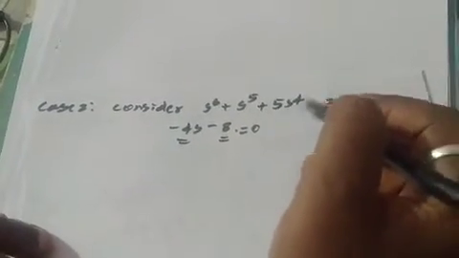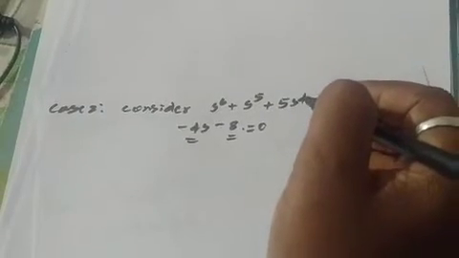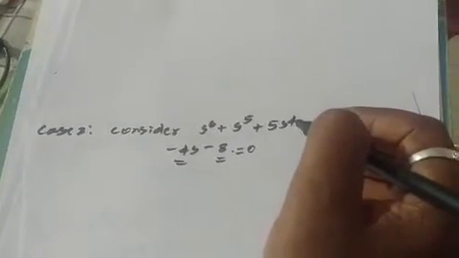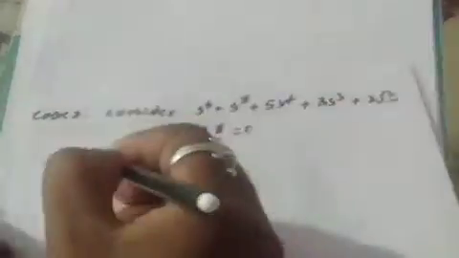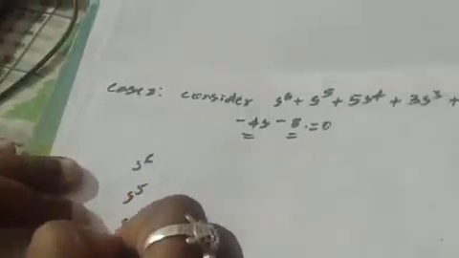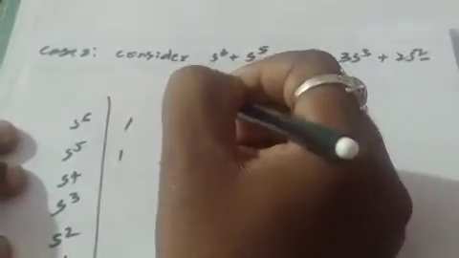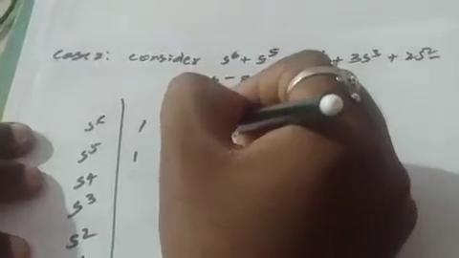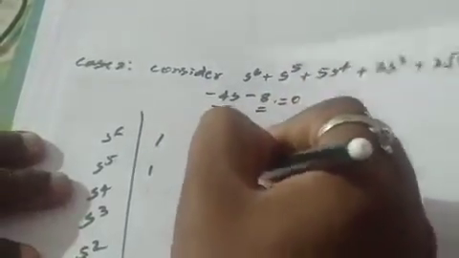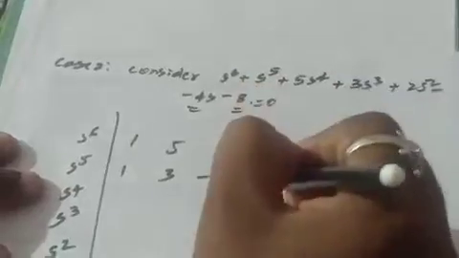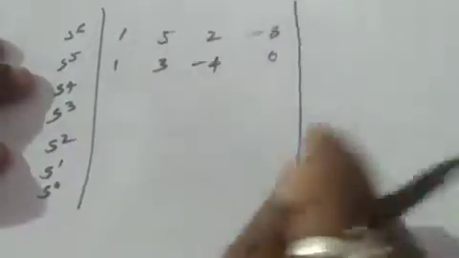That you have to calculate using the Routh array method. So this Routh array you have to write as: s to the power of 6, s to the power of 5, s to the power of 4, s to the power of 3, s to the power of 2, s to the power of 1, s to the power of 0. You write what is your coefficient from that? 1, 1, 5, 3. These first rows will be filled up by using the equation -4 and -8 and 0. So this is your Routh array.